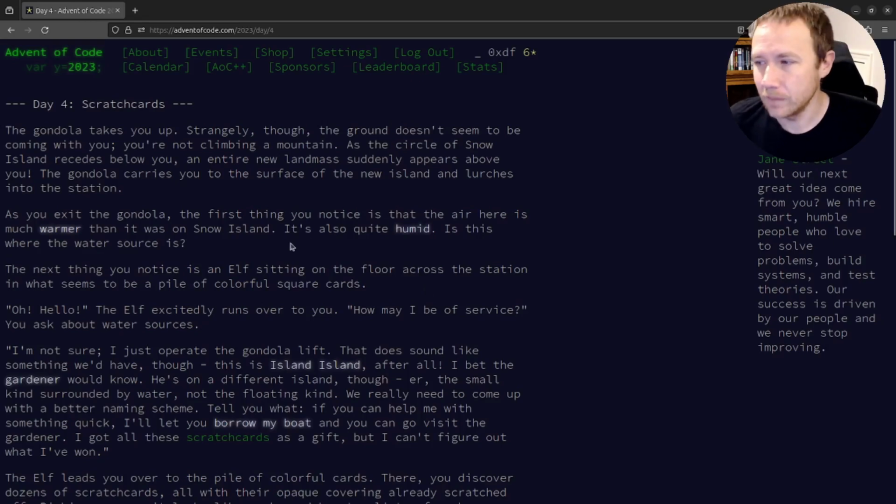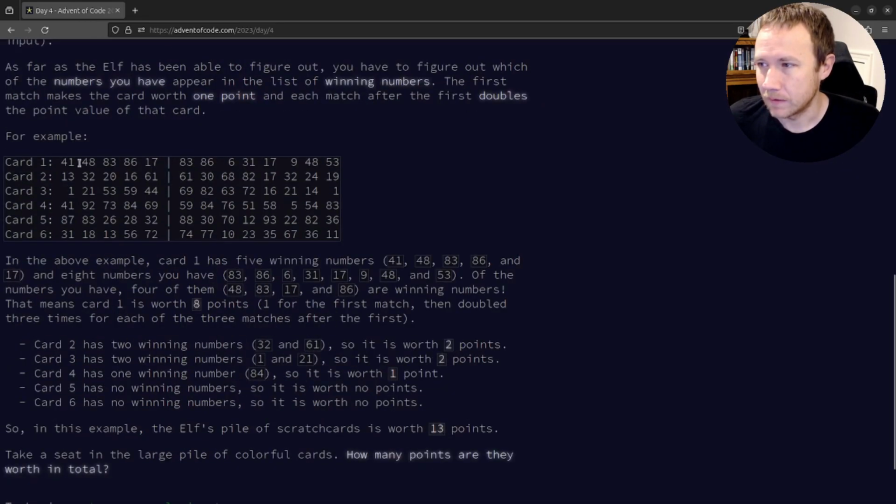Looking at the challenge here, basically, I'm going to get this line. Each line is going to be a scratch card, and it's going to have a card number, plus a colon. Then we're going to have a list of winning numbers, and then we're going to separate it by a pipe, a list of numbers on this card. And so basically, for each number on the card that is a winning number, you're going to